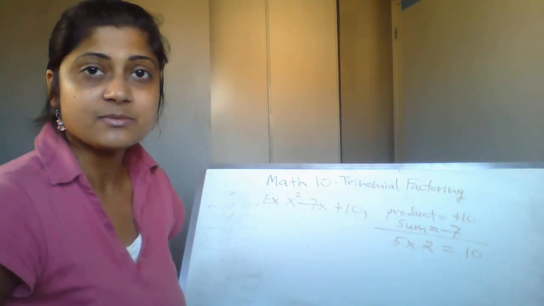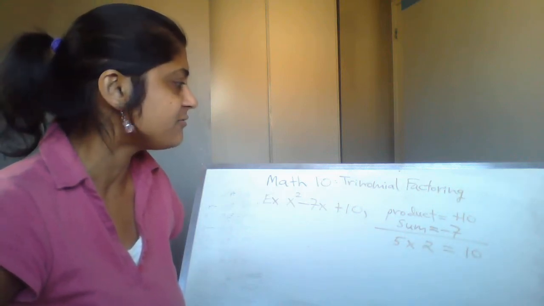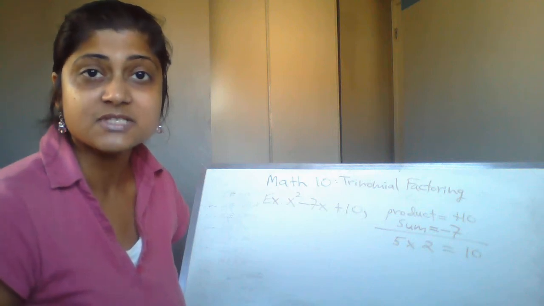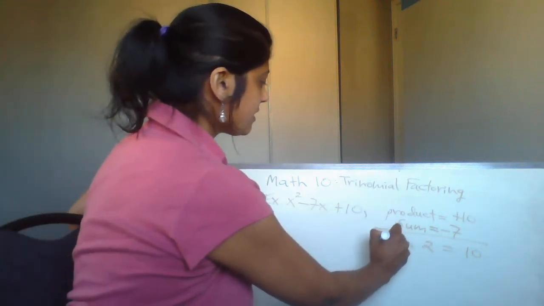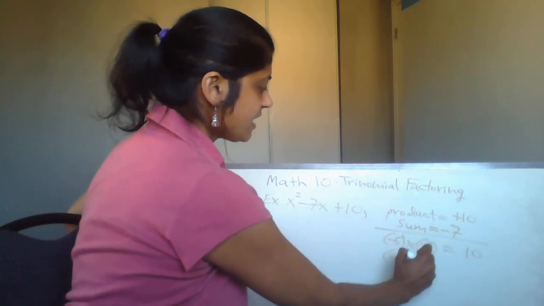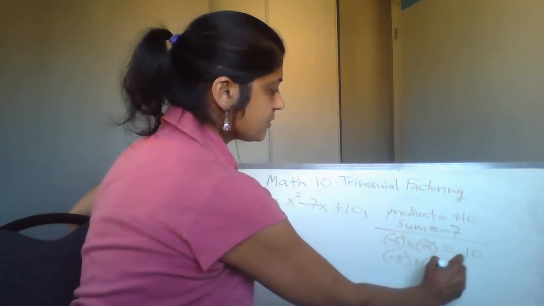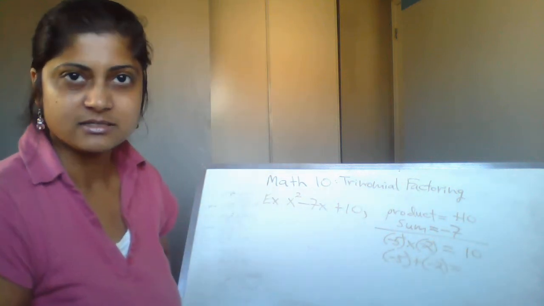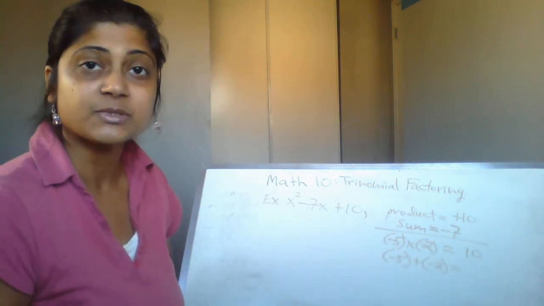And again, the sum has to be negative 7. So I can't just do 5 plus 2. That would give me positive 7. The only way that I can get to negative 7 is if both the 5 and the 2 were negative. Does everyone see that? So I'm doing negative 5 plus negative 2,